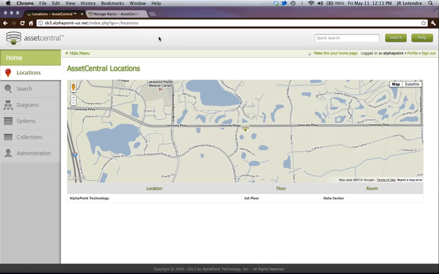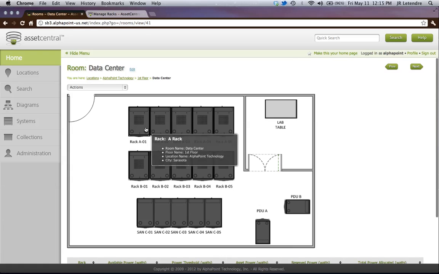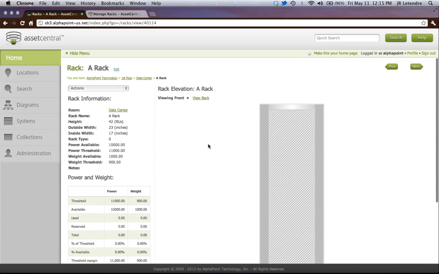Okay, so we've added a location, a floor, a room. We've hotspotted the room to the floor. We've added a rack, and we've also hotspotted that rack. So in this video, what we're going to do is show you how to start populating your racks. So let's go to the rack page, and then in this actions menu, we're going